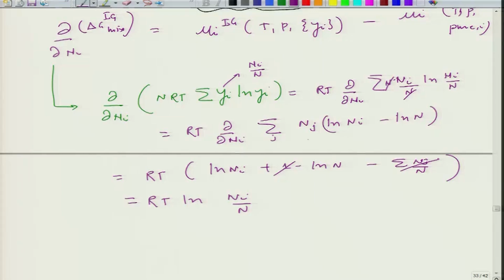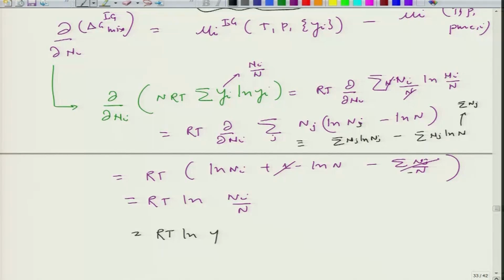So, basically what you are doing is you are trying to expand this in this way, summation nj ln n, minus summation nj ln n. Note that n is nothing but also summation nj. Now, what you are doing is you are taking the derivative here. So, this first term gives you this part, the second term is going to give us this part. That is how these expressions come out, and essentially what you get is that this is nothing but